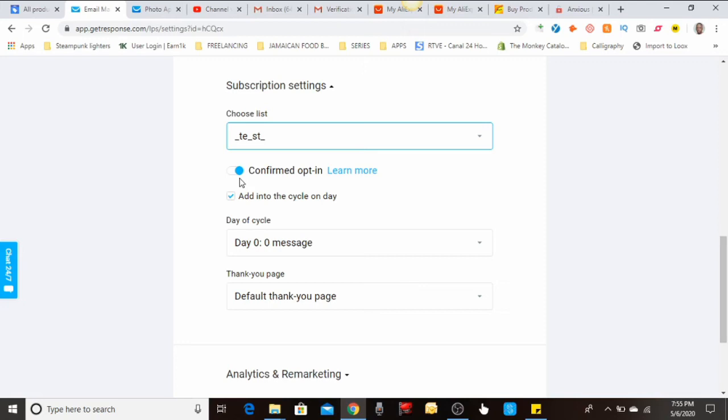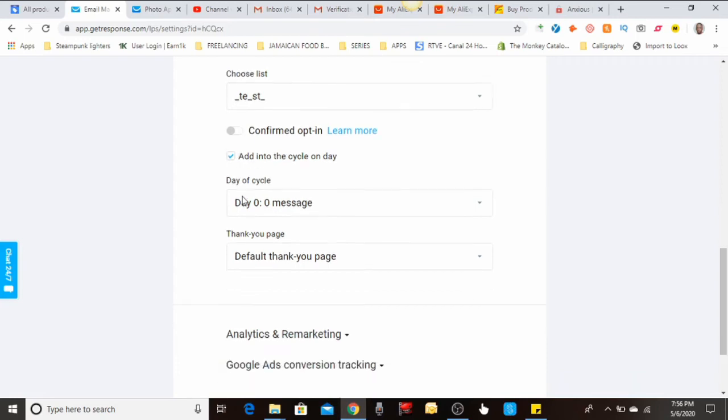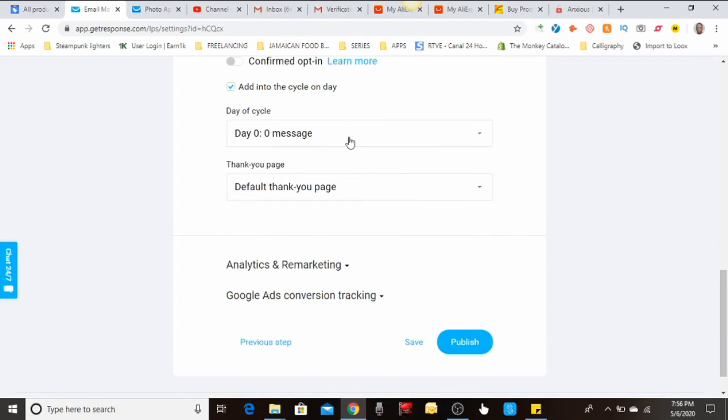Then the name will be added to the list. If not, and you turn this off, then once they opt in initially, your name will automatically be added to the list without confirmation, and that's as easy as it goes. Now you can select which day the message or the name or information is added to